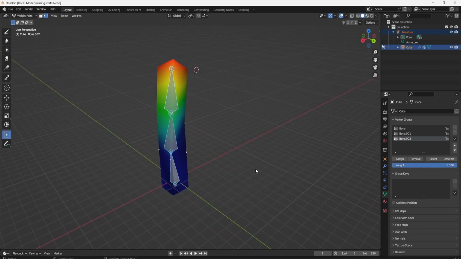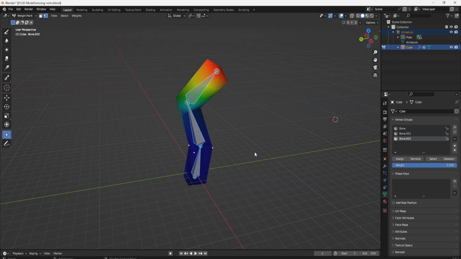So what I did to replicate the error was to come into the vertex groups here and then remove them from the bones. If I click on remove, it will remove the vertices from all the active vertex groups, and they will also not have any weights. This is how we can replicate the error, but to fix this is a little bit more complicated because your